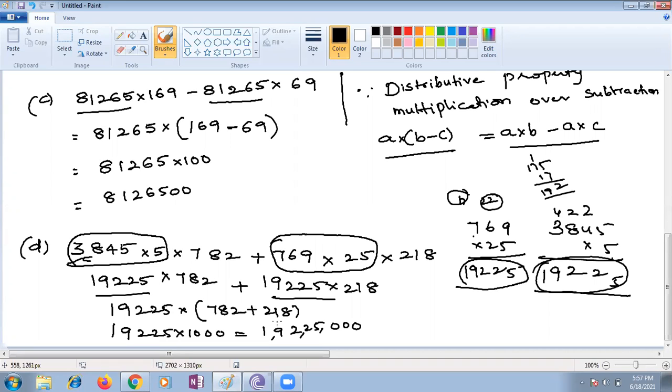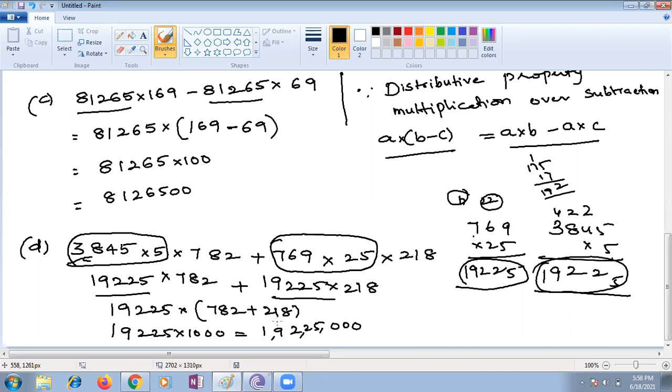Yes, Jaydeep, you understand why I did not reduce your expression? Yes, ma'am. It's not an equation, it's an expression. If it is an equation, we can balance both the sides by dividing the left hand side with 5 and the right hand side with 5. But here only an arithmetic expression is given. It's not an equation.